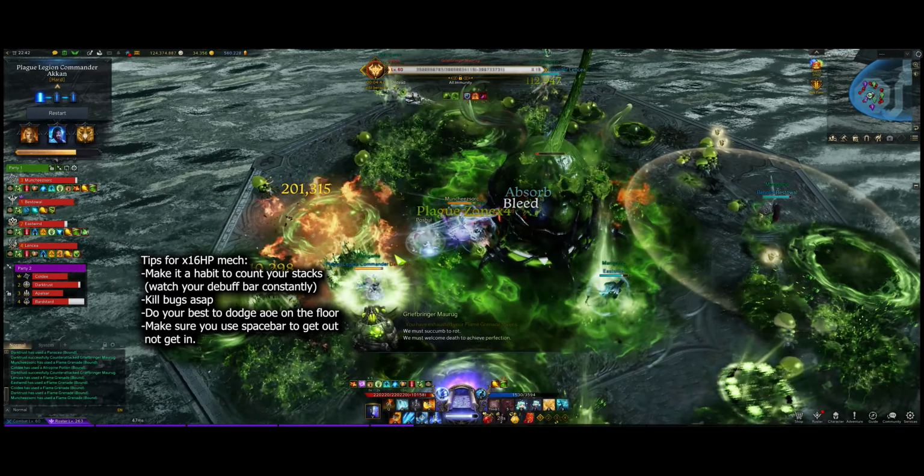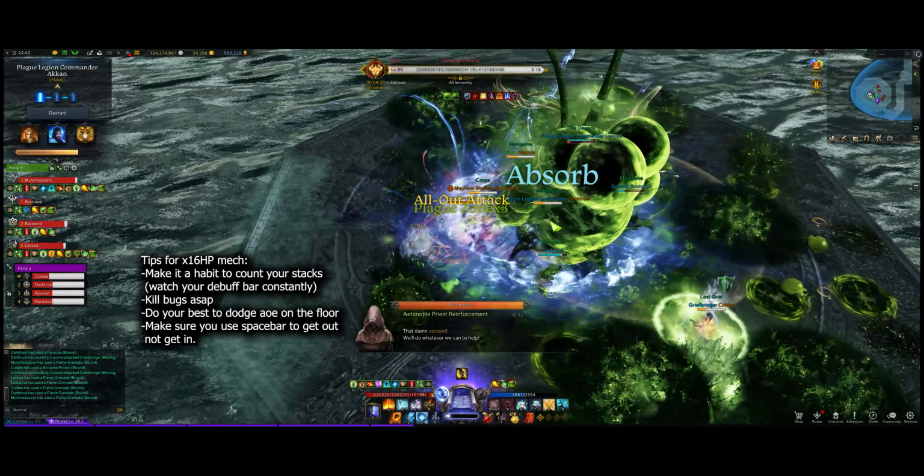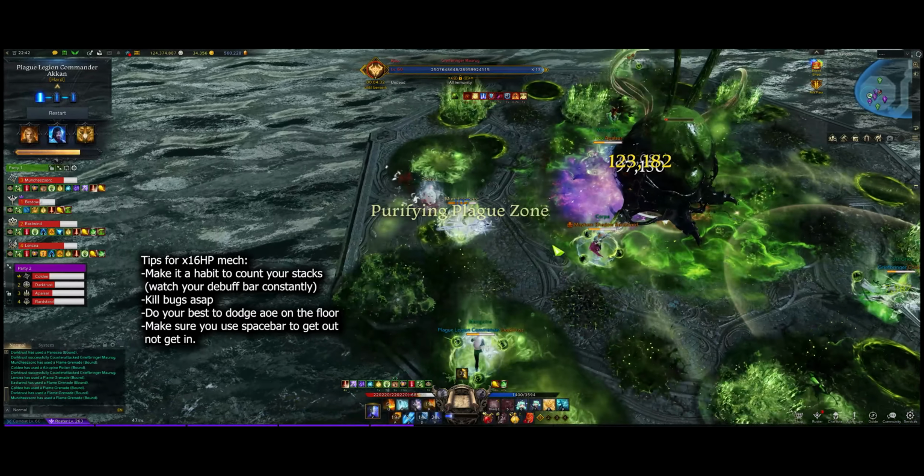So when you're counting these plague zone buffs, make sure you're always counting them when you get in. You're going to dip in and get these plague zone stacks. You do not want to go over 7. I want to say 8 or 9 is probably the max, depending on how tanky you are, but as soon as it hits 7, you're going to want to spacebar out,